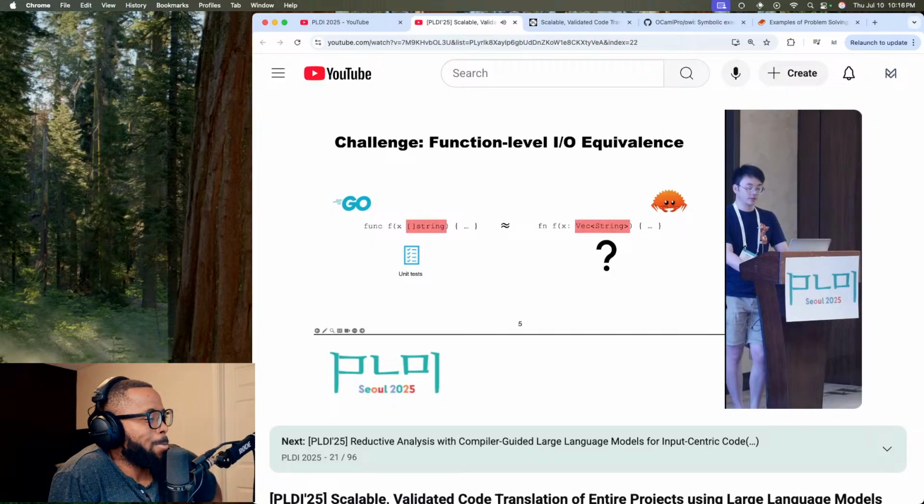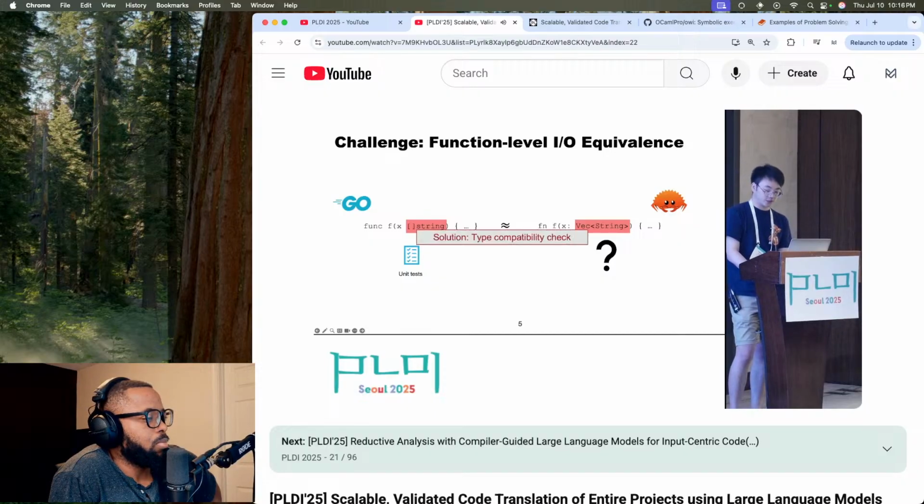It is especially challenging when the function signature involves non-primitive types or user-defined types, as LLMs may generate code that contains types that are not compatible with the original source code, meaning that the runtime values witnessed by executing the unit test cannot inhabit the Rust types. In this work, we propose a technique called type compatibility check, which dynamically checks that a Go type and the Rust type can safely interoperate, allowing differential testing of the translated Rust functions.